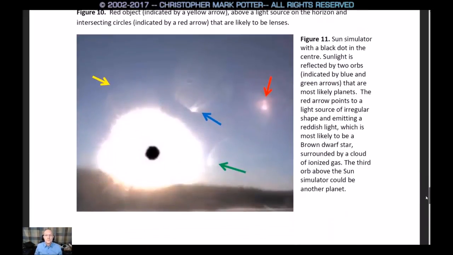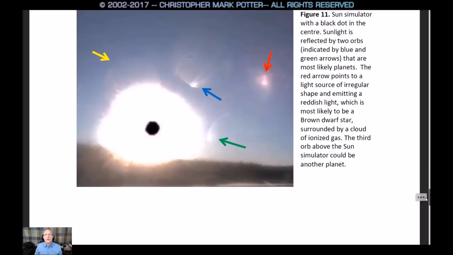Okay. Figure 11. Yeah. Sun simulator with the black dot in the center. Sunlight is reflected by two orbs, indicated by blue and green arrows that are more and most likely to be planets. Pardon me.